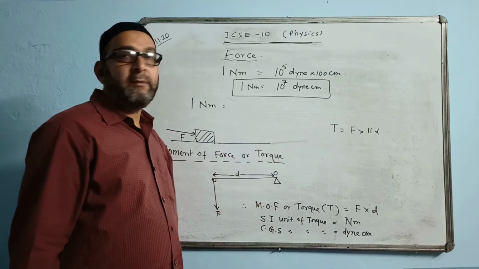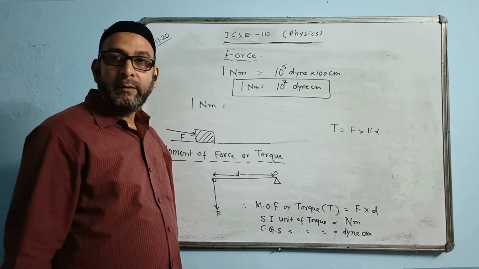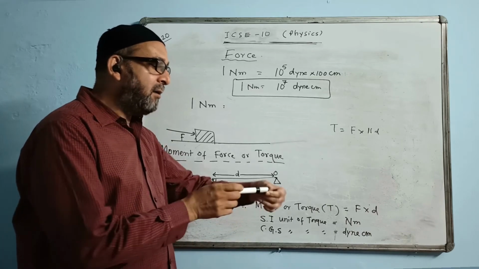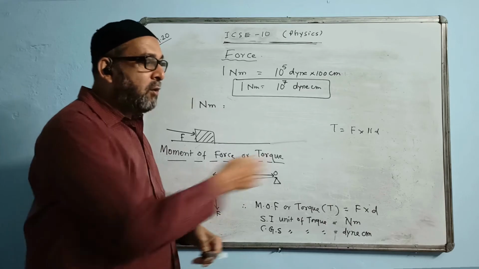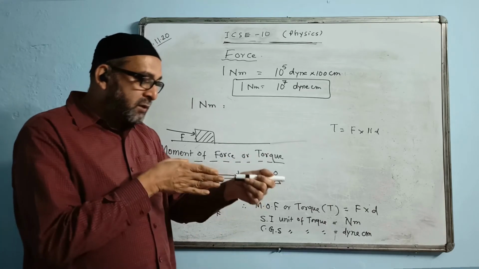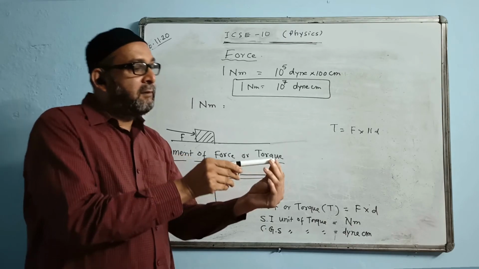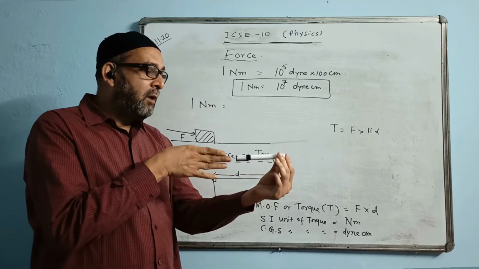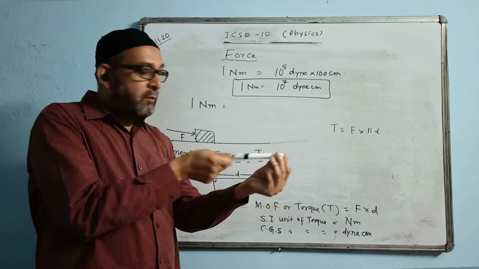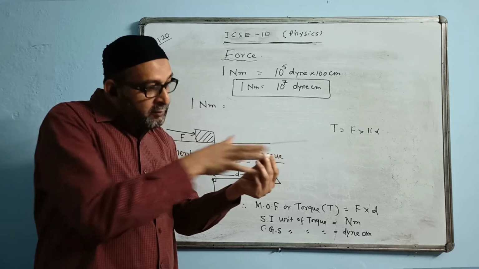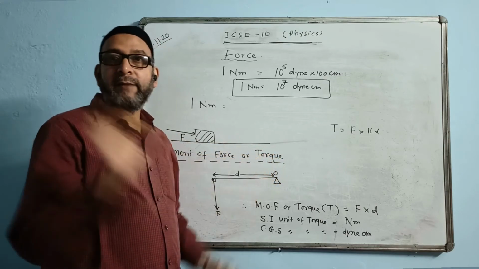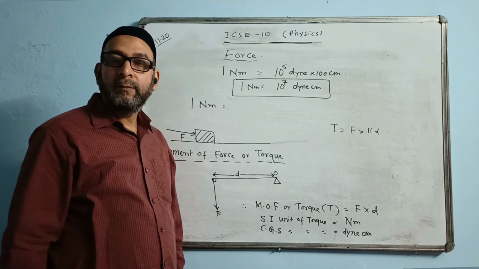You have a door which you want to open. So we have a handle, we apply the force on the handle, and we open and close the door. But if you apply the force this way, the door hinge is over here, hinge means pivoted point, and you give a force like this, will you be able to open it? The answer is no, because the force which we are giving is parallel to the distance. When the force is parallel to the distance, the value of torque is 0.